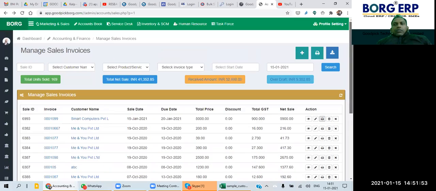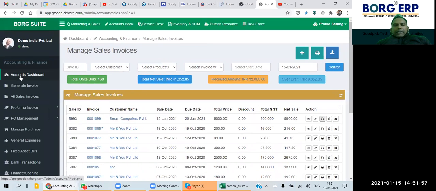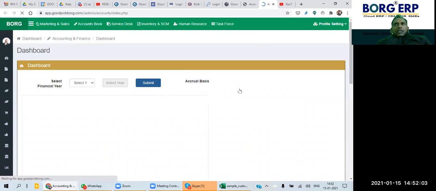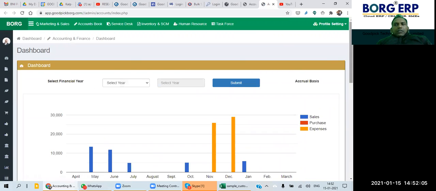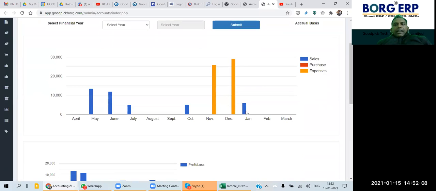Now you can see the dashboard. If I go to the dashboard, let me click here in a new tab. Here you can see one option. In Jan we have prepared one invoice that is 5,900, right? So you can see the sales.